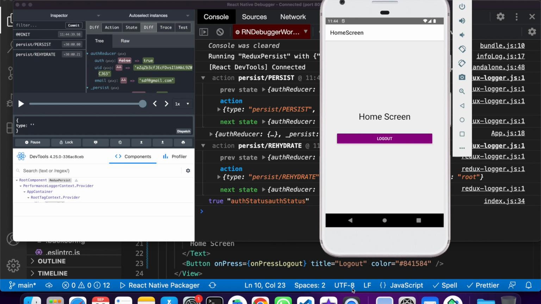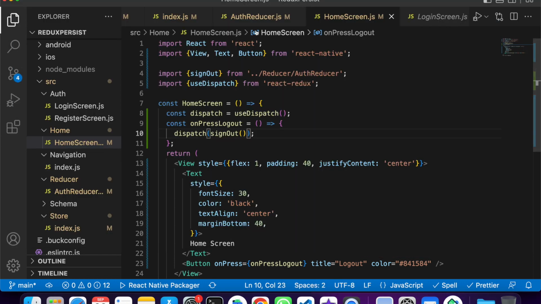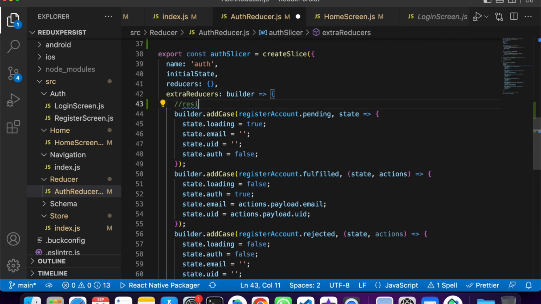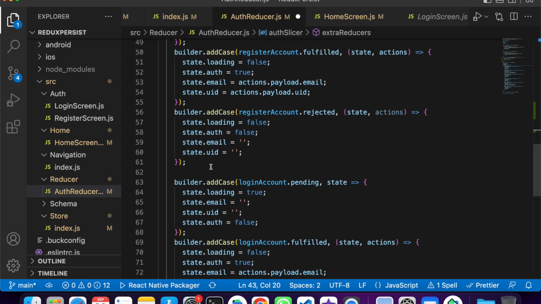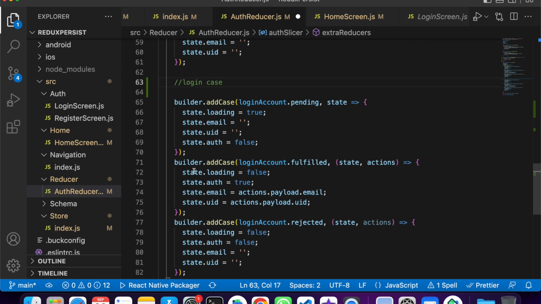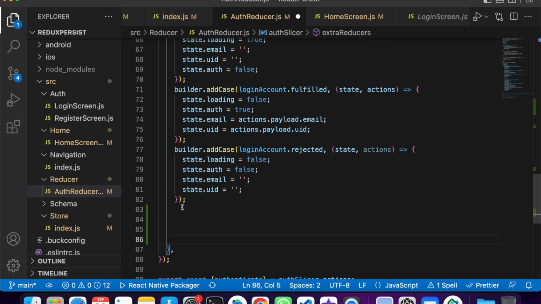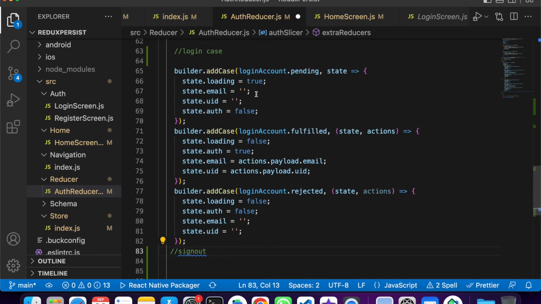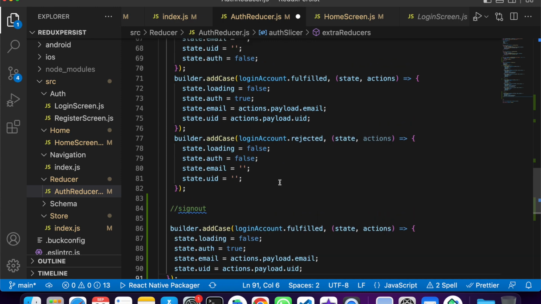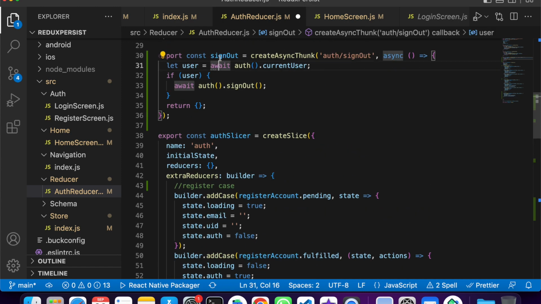We also need to handle this in the reducer case, right? So now we have a register case. This is all about register. Then we have a login case. Then we are going to add a sign out case. For sign out, we don't want to handle the pending or any other cases. We just need to handle when it is success, right? Sign out is success. For that, I am going to copy this sign out